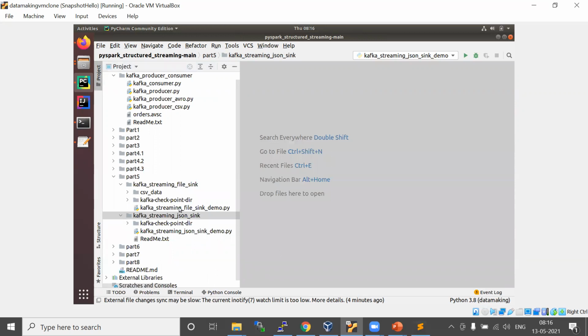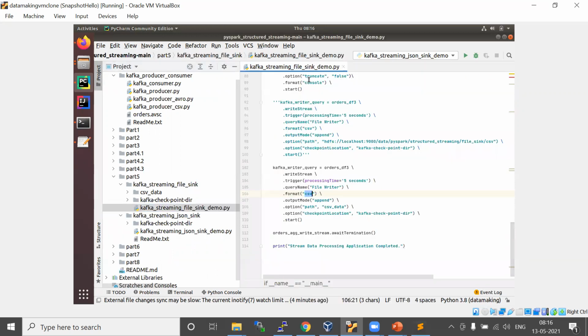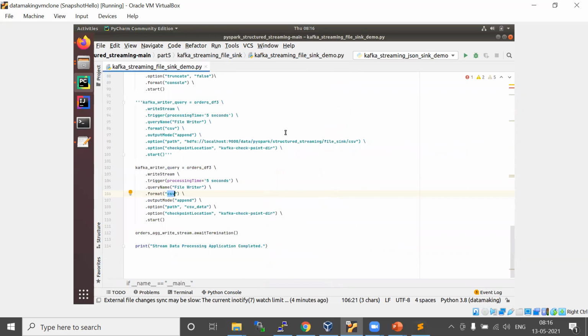So we use the file sync. Think of it as the data we consume being order data. We take an e-commerce site which is publishing data into a Kafka topic. We read that data and dump the raw data into HDFS or any storage. We did not do any aggregation. We just dumped the raw data into HDFS.